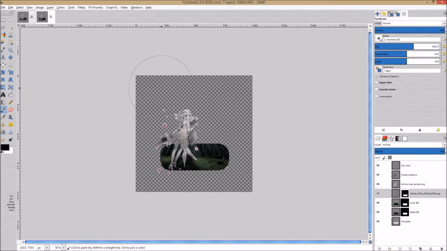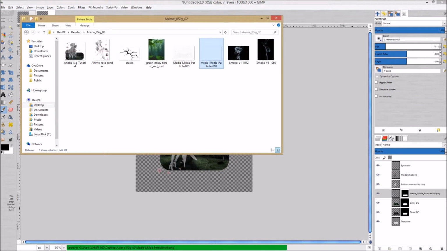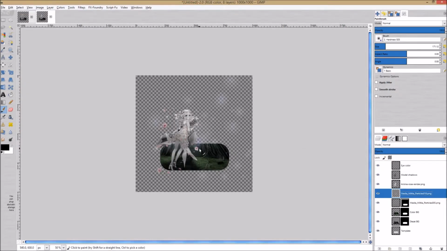Let me zoom out here, make sure I'm getting the whole image. We just want them on the inside because we're going to do an effect on the inside, that little circular thing down there. So I just want to make sure that I get rid of all of them. Brush size back down, and then we're going to go ahead and Control Shift 8 to deselect, and we're going to go ahead and drag and drop another particle system in there. So let's just grab this one and drag and drop it in there,